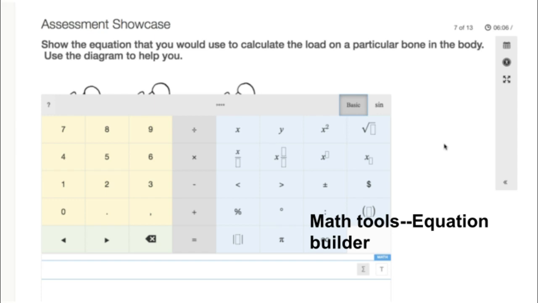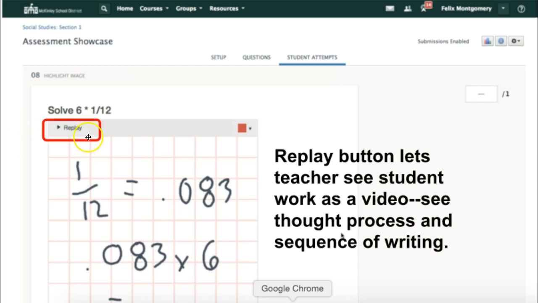There are new math tools built in, including an equation builder, so you can ask students to pull up this little graphic interface and create equations as part of the answer. There's another piece where it allows students to show their work, so a student could use the trackpad, for instance, and write down their workflow for how they're answering the question. And if the teacher comes in and clicks this replay button, it actually plays back a video of the student